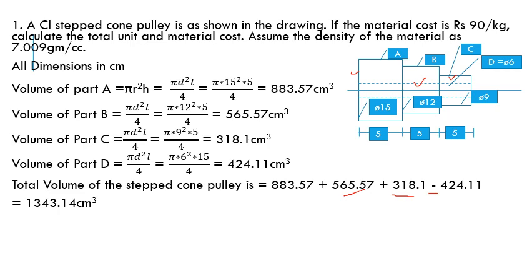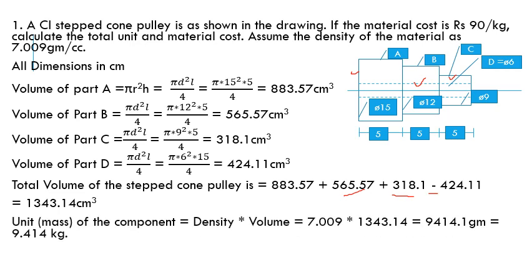Once I calculate the volume of the entire part, then I need to calculate the unit. Unit means that is the mass. Mass is given by density into volume, and the density is given as 7.009 grams per centimeter cube. That is the density of the cast iron, and it is available in the data handbook. So I substitute the value of density, I substitute the value of the volume that I have already calculated, and I end up with